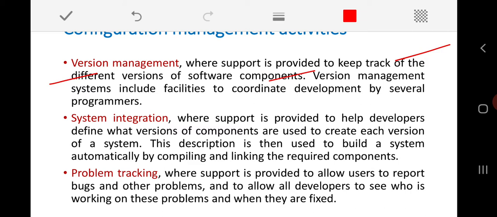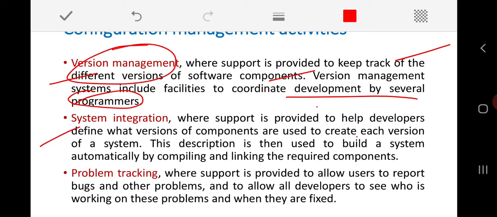Every time these versions change, we need to keep track of which current version of a particular component has been used or included in our system. That is very helpful for all the programmers during the development stage. That is version management.